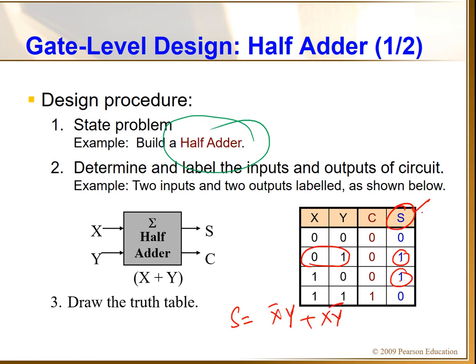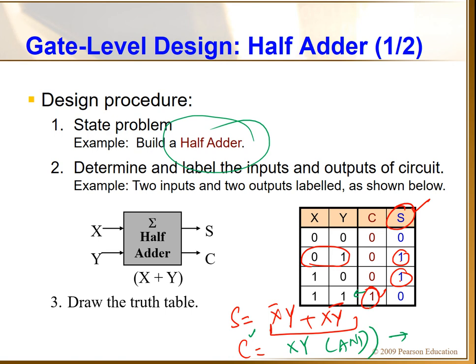So if you want to get a sum signal, what you have to do? You have to implement this Boolean logic. So if you have two binary inputs and you implement this Boolean logic, you will get their sum. And if you want to implement carry, what is carry? 1. Okay, here we are getting 1. So if you relate to the inputs 1, 1, it will be equal to X·Y. So if you just implement the AND operation of the inputs, you will get the carry output, and if you implement this logic, you will get the sum.